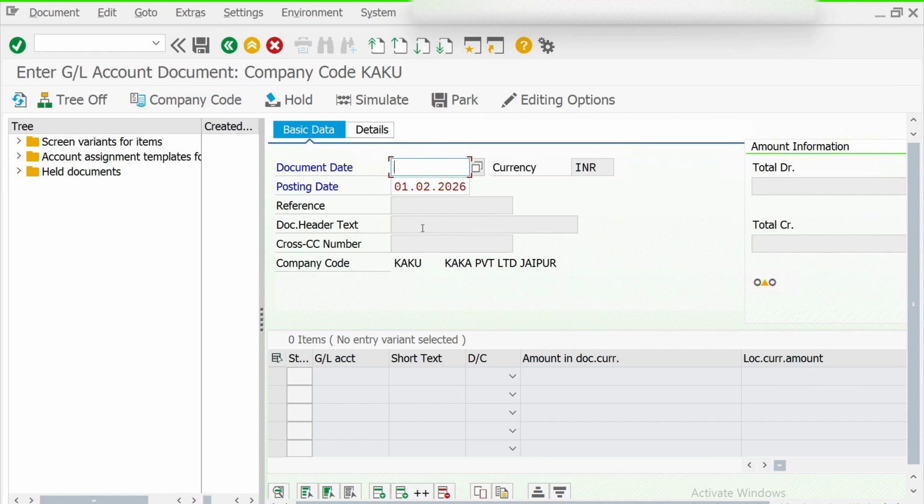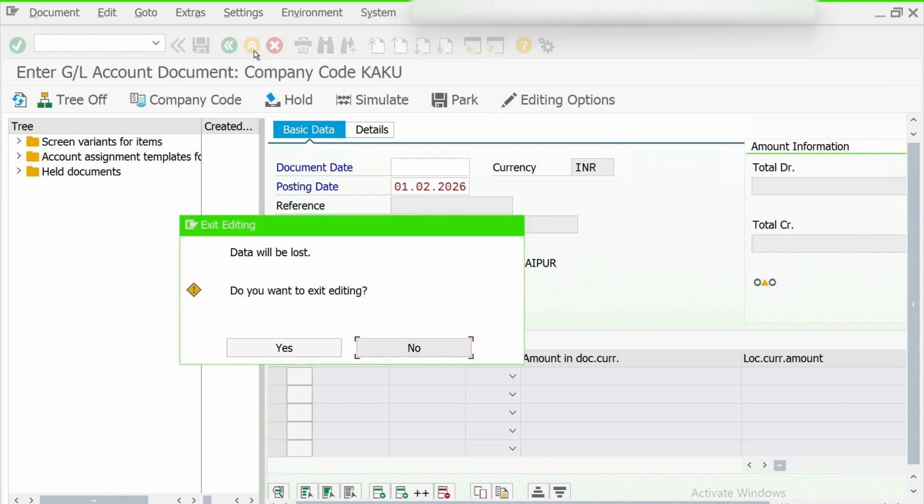In this case, we use either this icon, which is used for exit, or this icon. Sometimes this icon also does not work, then we click on cancel. So mostly these three icons are used in a similar way. They allow you to come back by one step, and to exit that particular screen. And this particular icon allows you to cancel that transaction. Let me use this one.